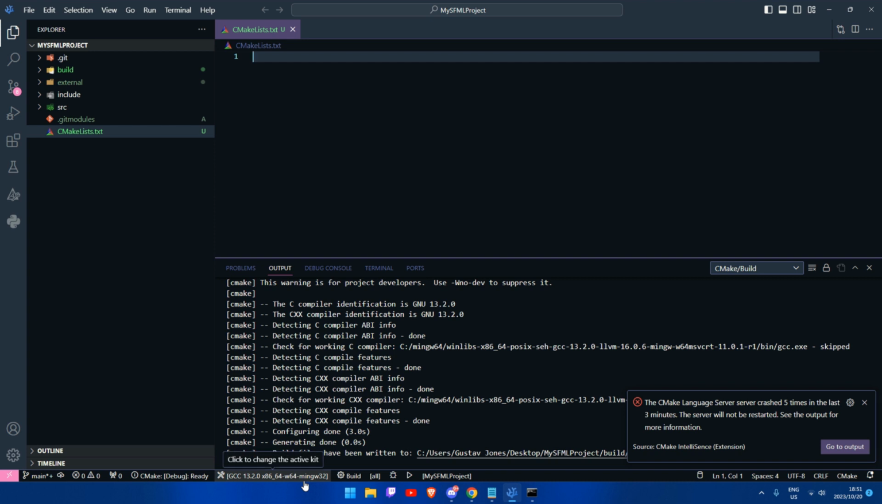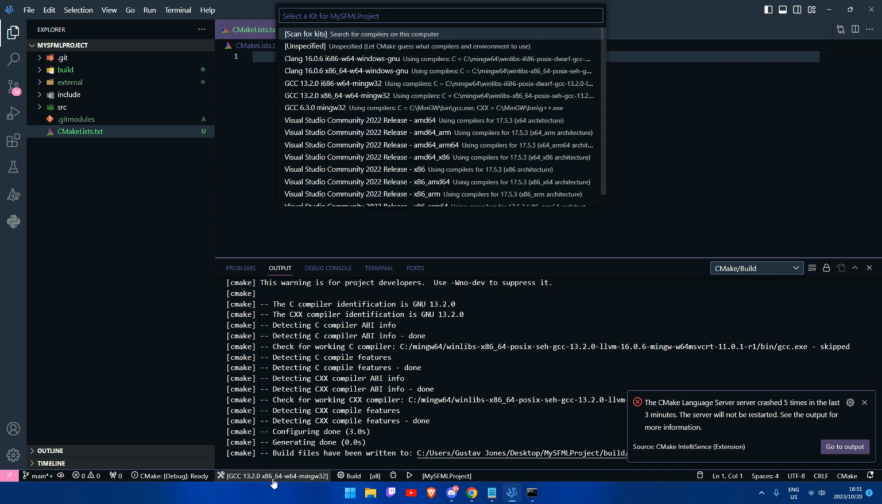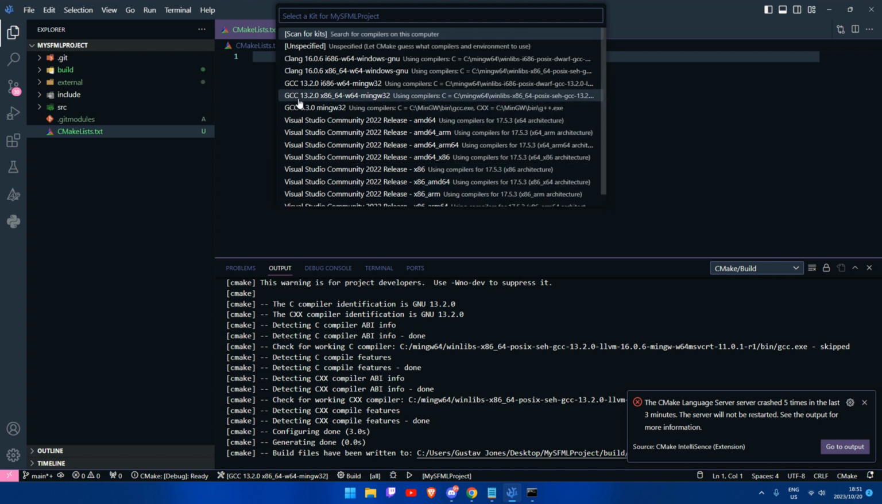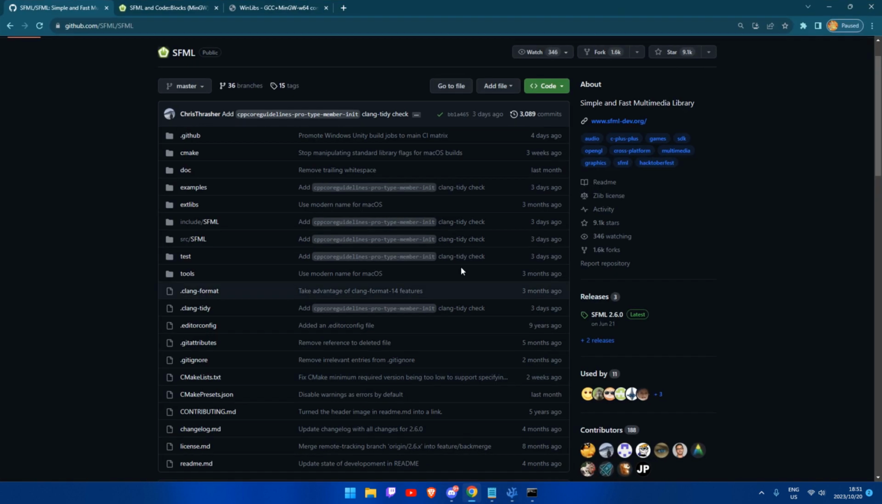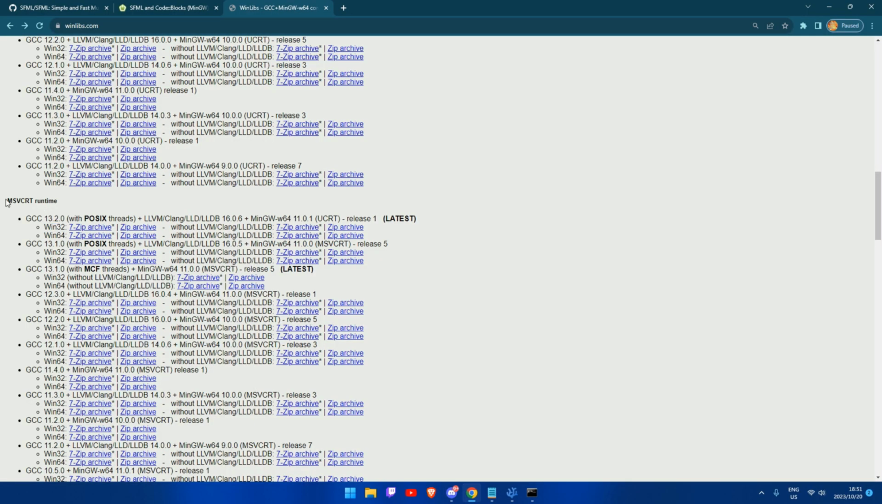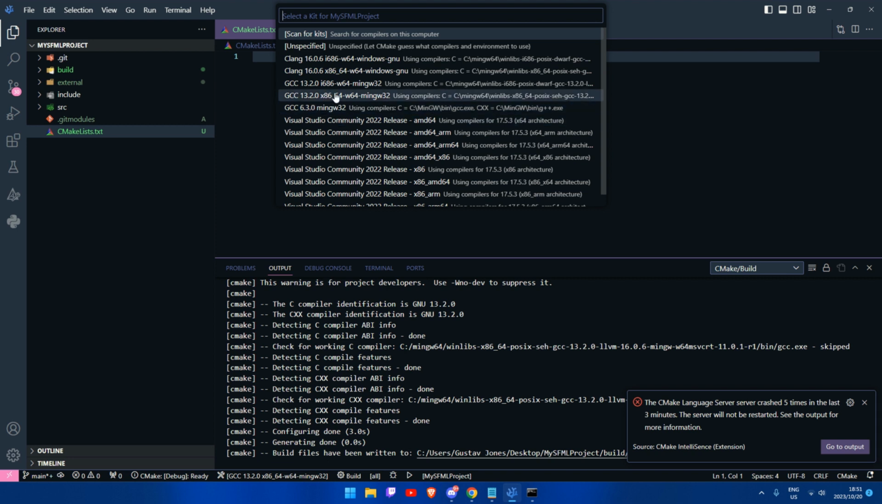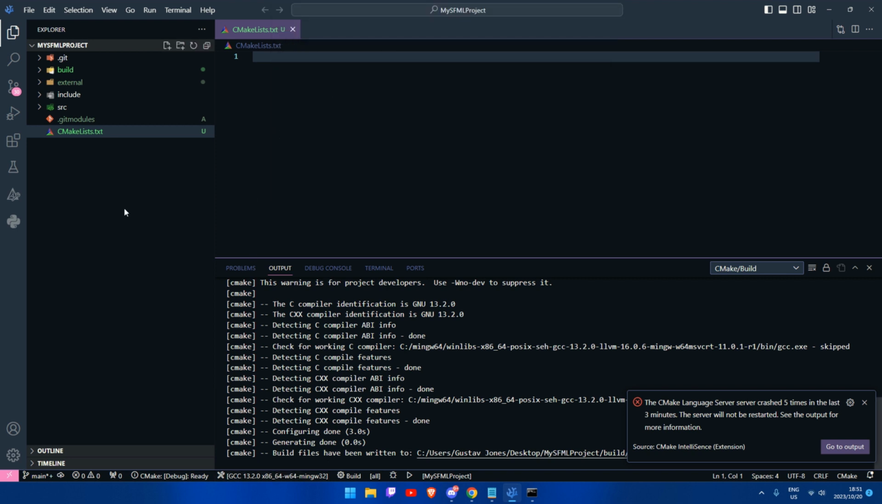Now my CMake has auto completed my compiler, but here you can see my compiler list. Now I'm going to use the GCC 13.2 x86_64-w64-mingw32 compiler. Now this is the one I described. It's from WinLibs, the MSVCRT runtime. It has to be this runtime. I think this is the latest version at the moment, but I'm just going to select that,